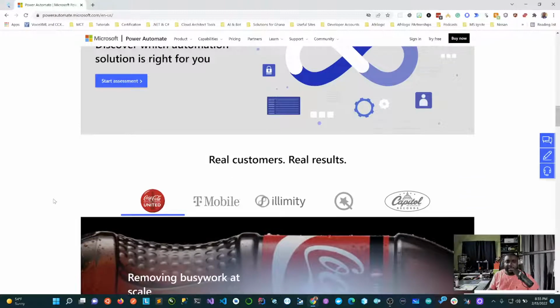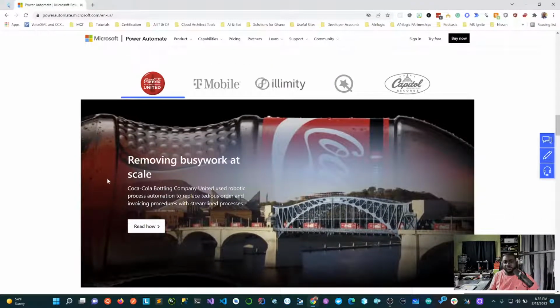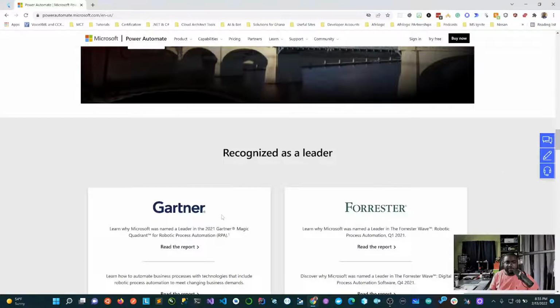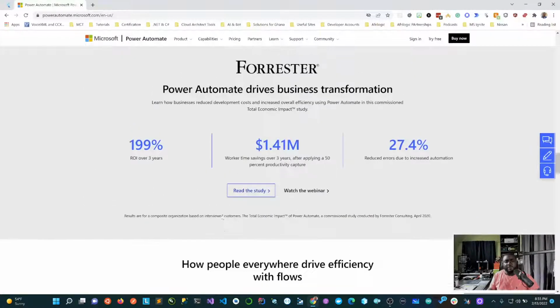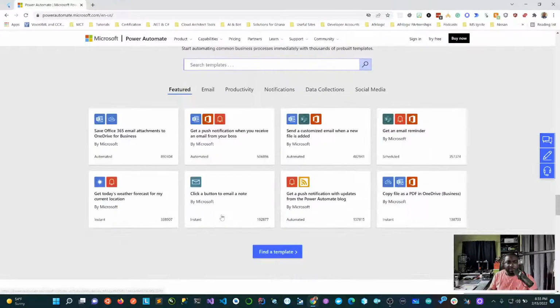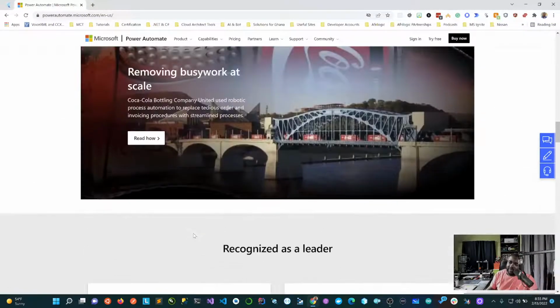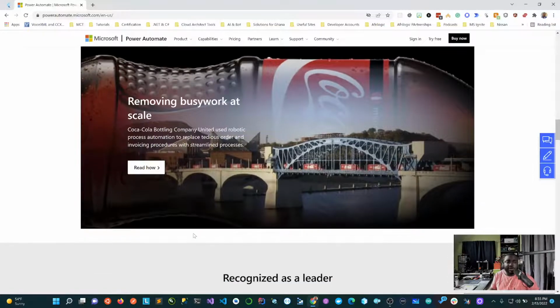they've brought ALM into it. There are a lot of cool things in it, and these are real customer stories. Coca-Cola has used it, T-Mobile, Elimity, a lot of these companies. Let's see. I'm not even going to go into the numbers because this is not a sales pitch or anything. I just want us to know what companies are using it for, and then we'll jump in to see some of the common things that make it work. Whilst I'm waiting for people to ask any questions, if people don't ask questions, I'll just go ahead and play around and do something very simple until someone asks a question.